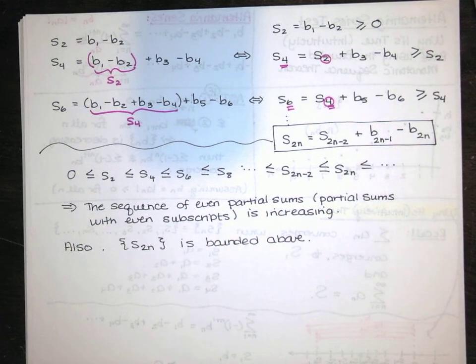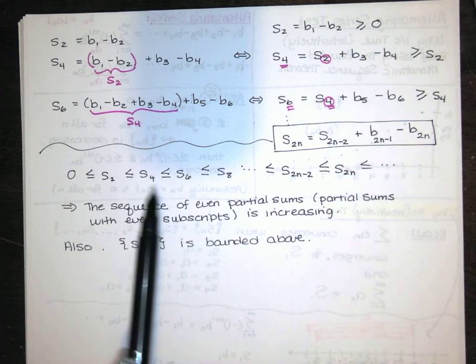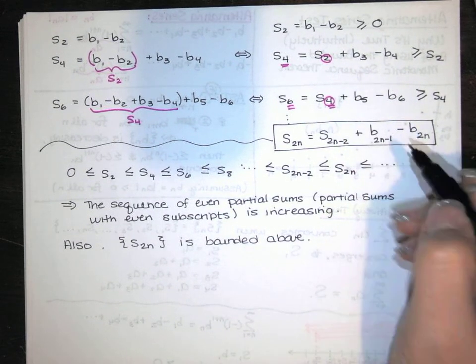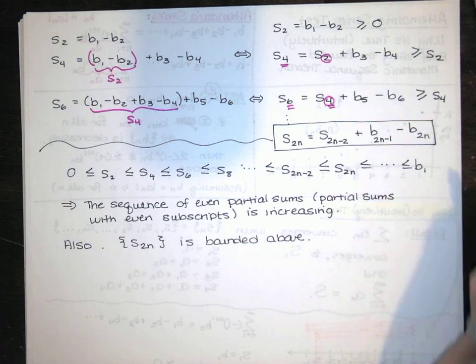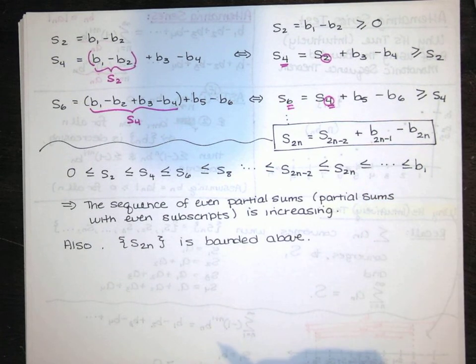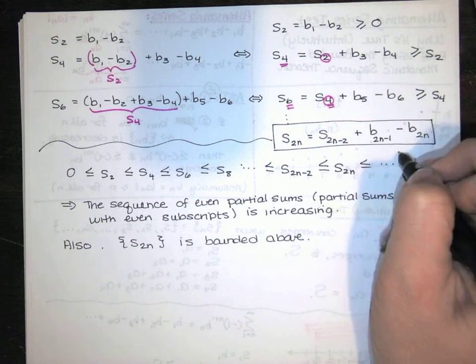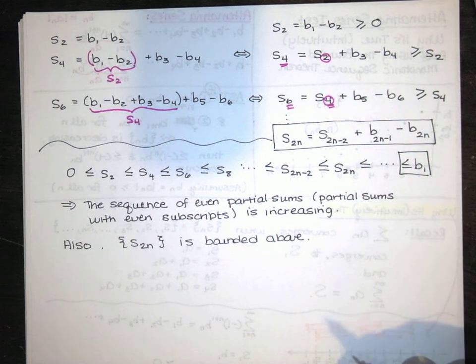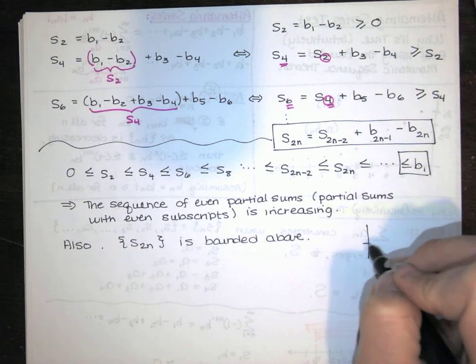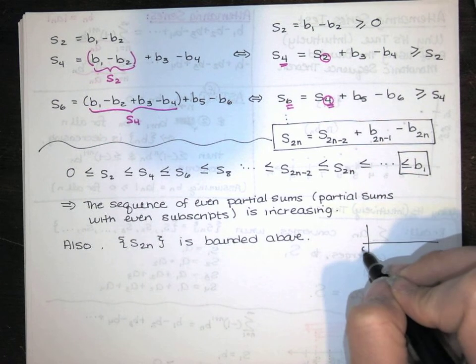And you might say, how do you know that? How can it possibly be bounded above? Well, all of these have to be less than or equal to b sub 1. You might say, I'm not really sure that I agree that that's true. But it is true, because remember when we were looking at the intuitive definition, if we start here at 0